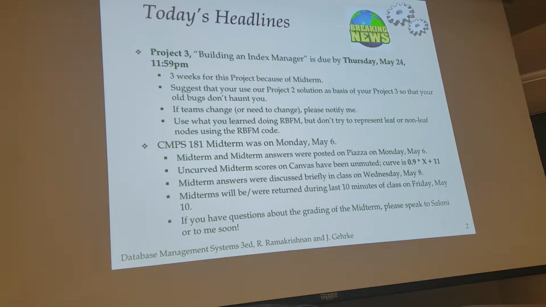Neither the leaf nodes nor the non-leaf nodes of the B tree are the same as the records that you used in Project 1. The hard part basically of this project is dealing with having to do splits, B trees when you do inserts, doing the splits which may recursively propagate up the tree. That's the part of this project that ends up being the most interesting to be able to work through to